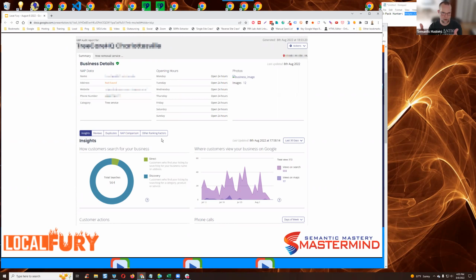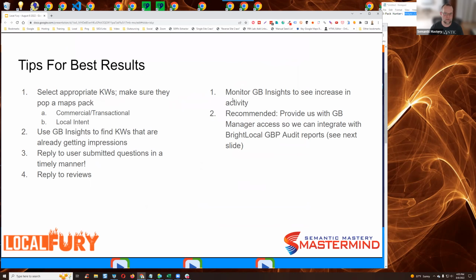And those are embedded right inside the Local Fury dashboard. All right. And so this is important because this is how you can start to see signals activity. And as I said, you can monitor the signals that we're generating and see the increase in activity. The local search grid report will show you the results that these signals will produce, again, over time. But then why it's important to us is because it helps us to start to, first of all, make sure